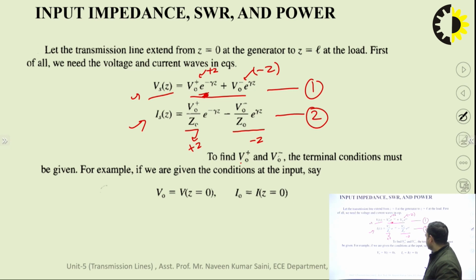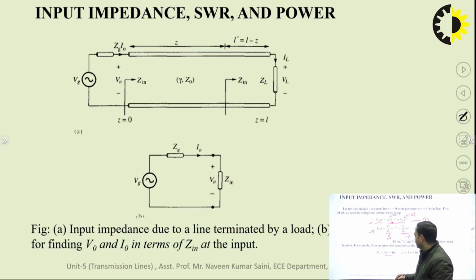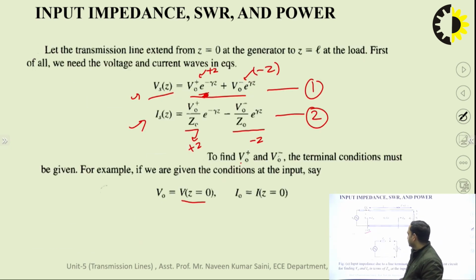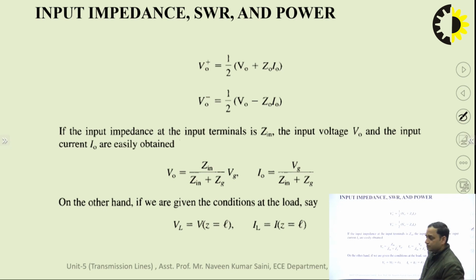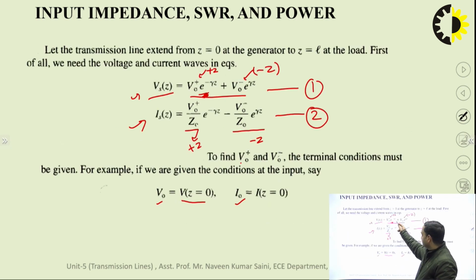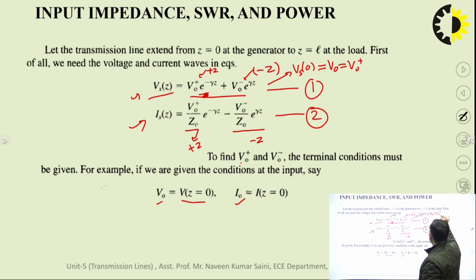For that condition we are taking the input side. What is the input side? When z is equal to 0. If you see here, at z is equal to 0, the voltage is V naught and the current is I naught. When you apply this condition in the above two equations and solve them, just put z is equal to 0 in this equation. So Vs(0), which is nothing but V naught, is equal to V naught plus, since at z equal to 0 this term becomes 1,